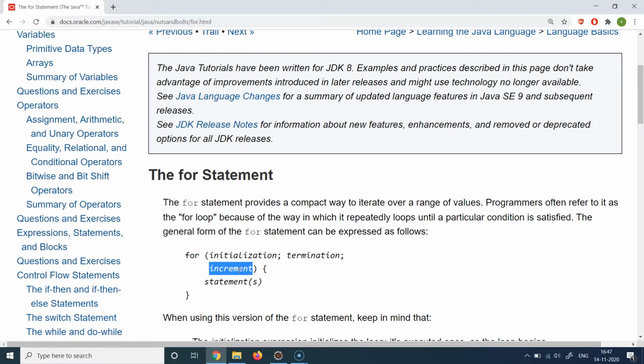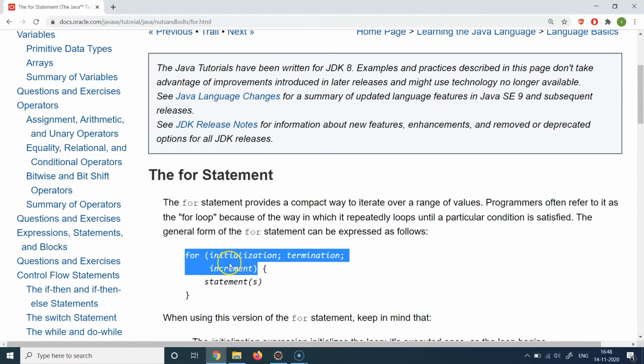And for loop, if you see, the kind of code which you used to write in a while loop in multiple lines, where you first initialize a variable, then you write a condition in the while block, and then inside the while block you increment the variable, all of that can be done in a single line in the for loop. And that's why I said it is the most sophisticated and easiest way to write loops in Java.